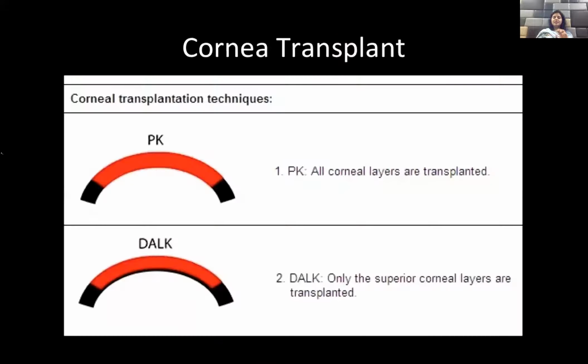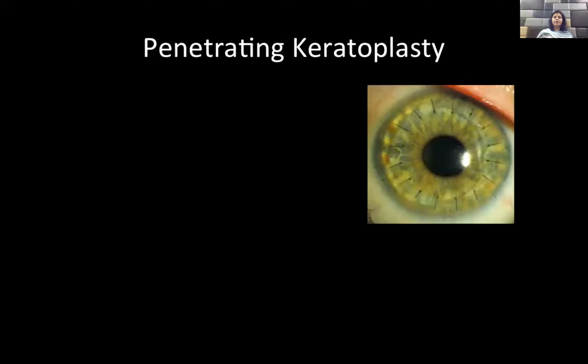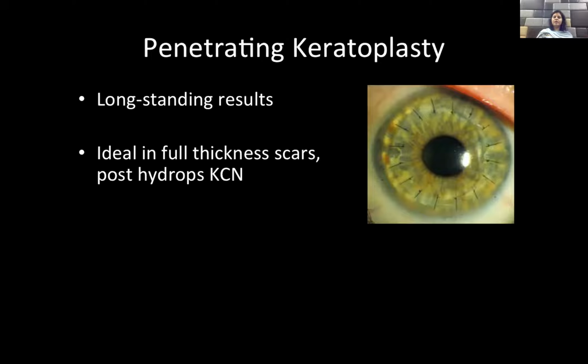Now let's come to cases wherein you have to do a cornea transplant. You can do a penetrating keratoplasty, like in this schematic representation, when you remove all the layers of the cornea and you transplant another one. Or the more recent one is DALK, which is deep anterior lamellar keratoplasty, wherein you only remove tissue up to the Descemet's membrane and you leave the Descemet's membrane and the endothelium intact and you put in a similar tissue from a donor.